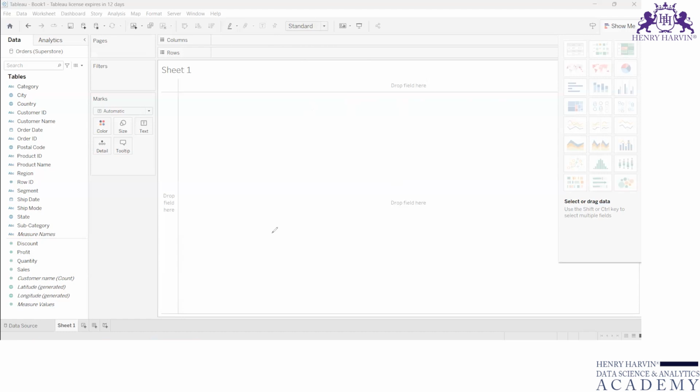How? See over here. Let us say I have a requirement where I want to see the profit subcategory wise, right? So here, if you see, we are having the columns and we are having the rows. So the requirement is, I want to see the profit,